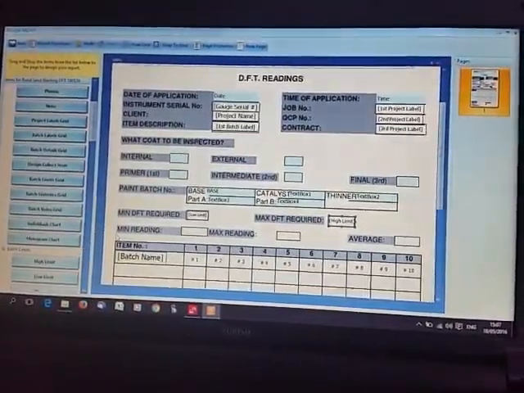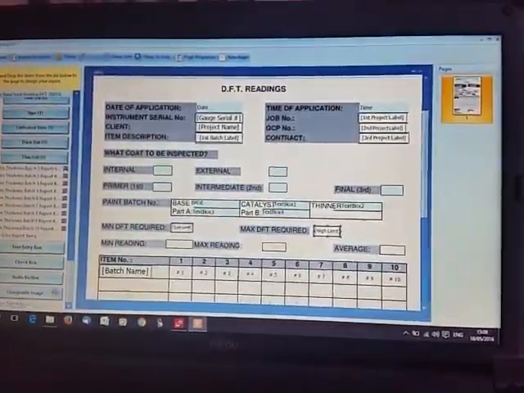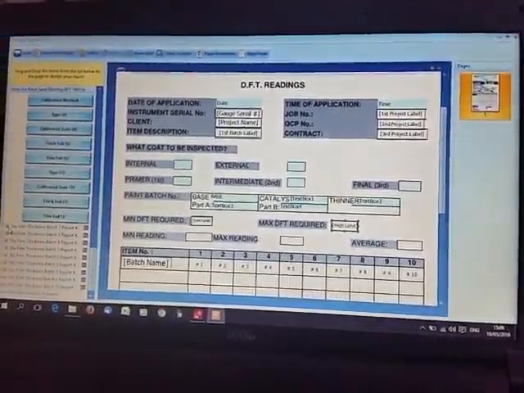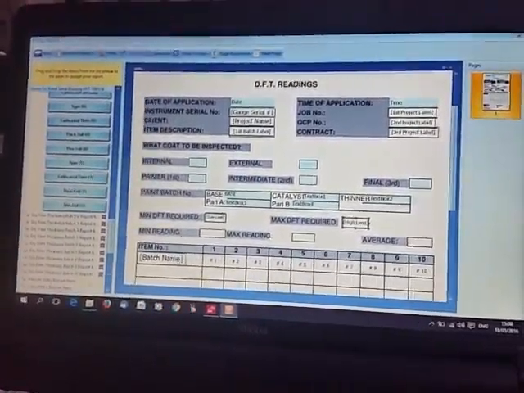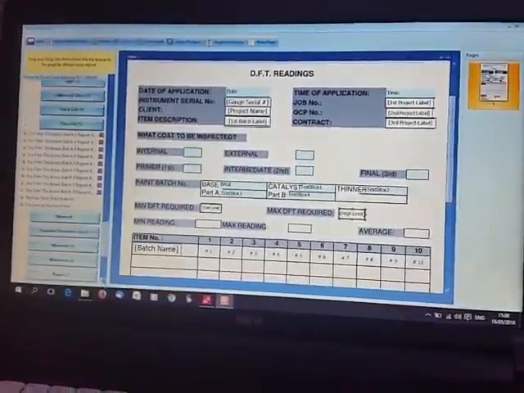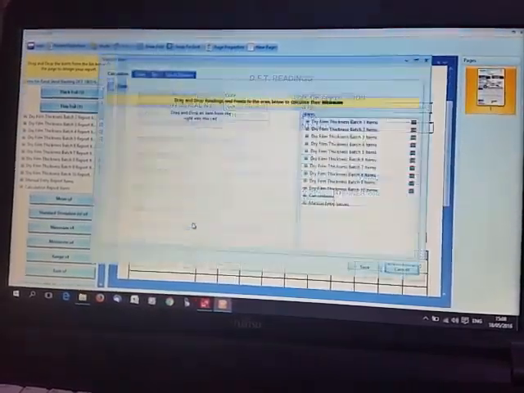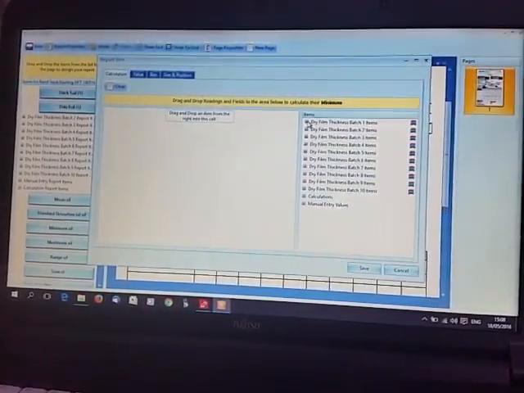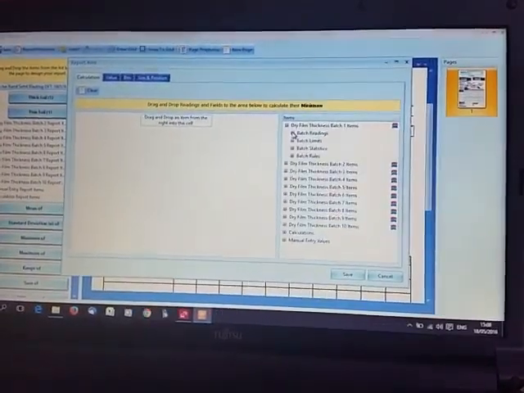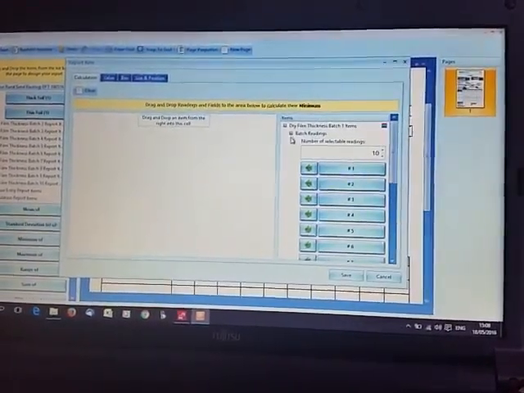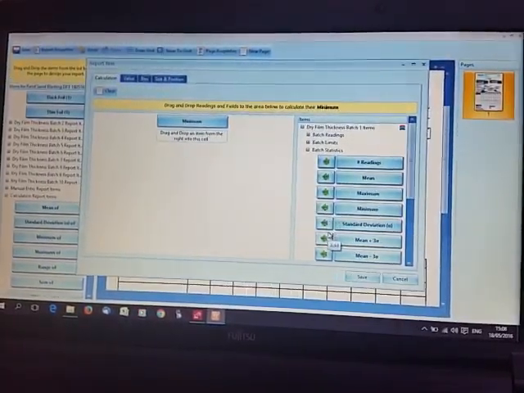And then minimum reading. Okay, this is again going to be a calculation. So we're going to scroll down to the, just going to minimize this manual entry. We're going to be using the calculation report items. So minimum reading, we're going to use this option. It's going to ask us minimum reading of what, and we are going to take minimum reading of, so we're going to do minimum, and that's